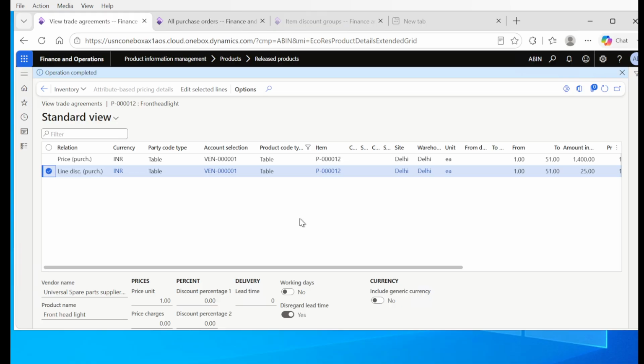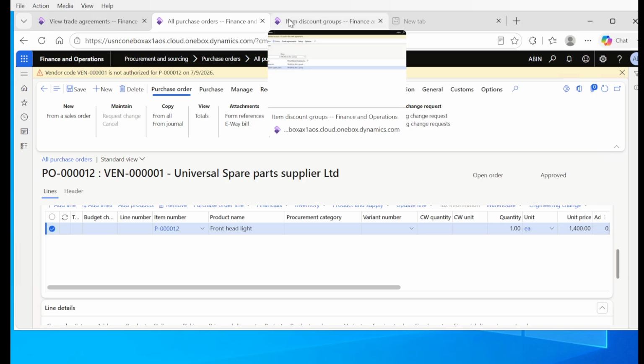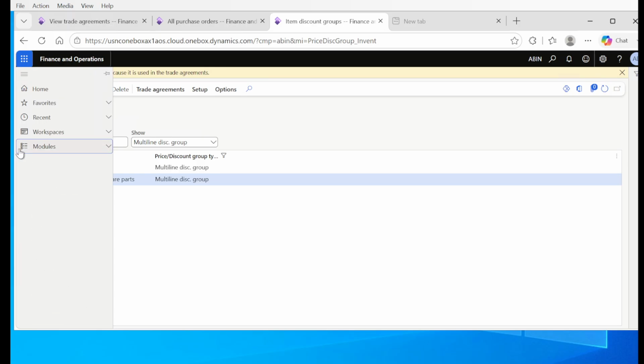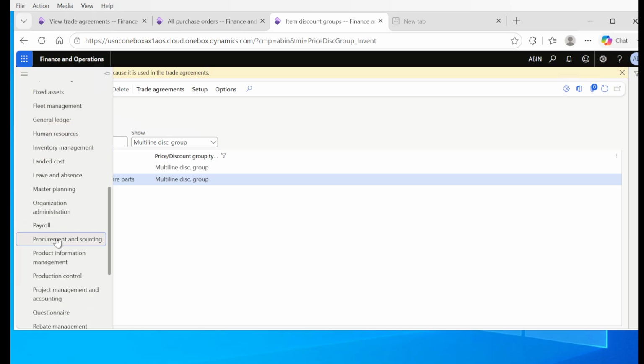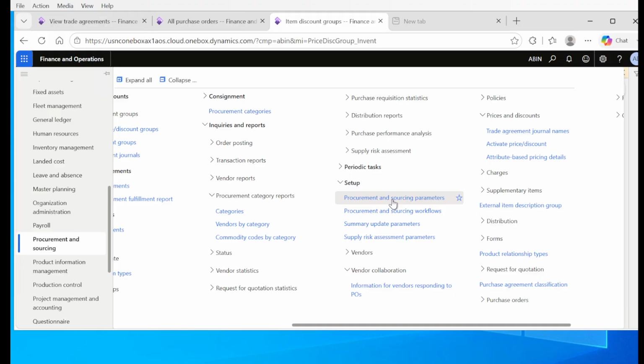I'll add a multi-line discount here. For that, what we should do is now ensure that we have added one more parameter. Okay, let's see if I have done that. Okay, let me go here, procurement and sourcing, and procurement sourcing parameters,